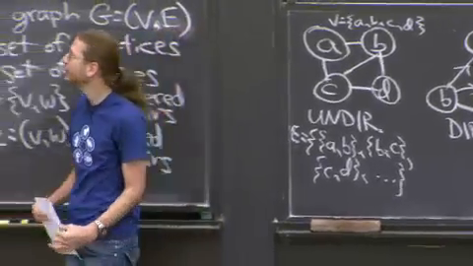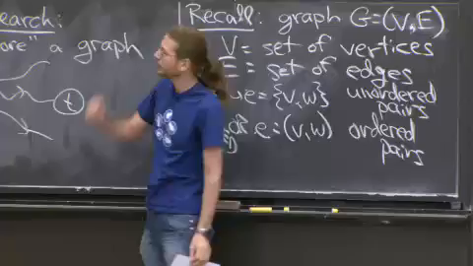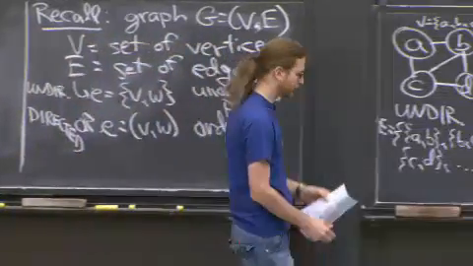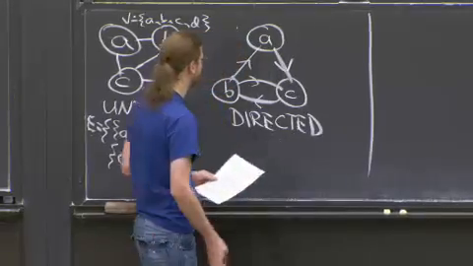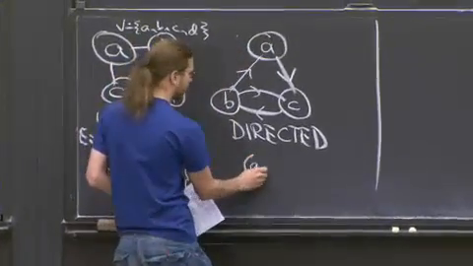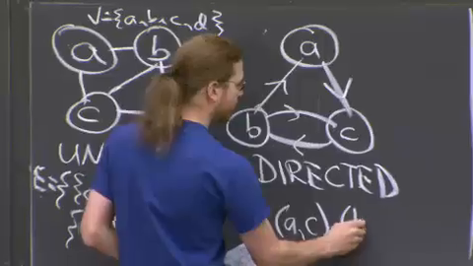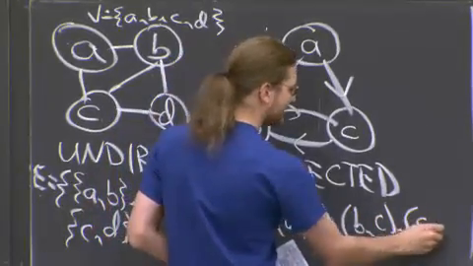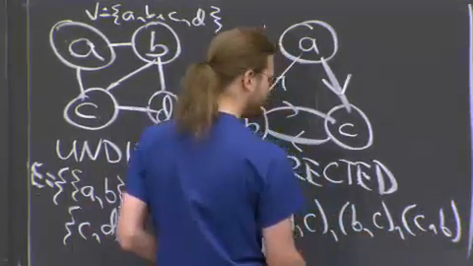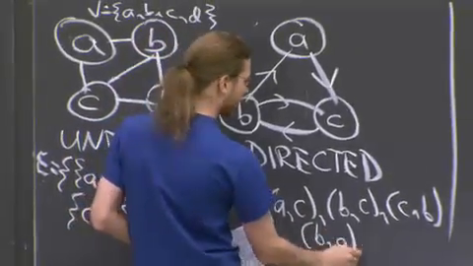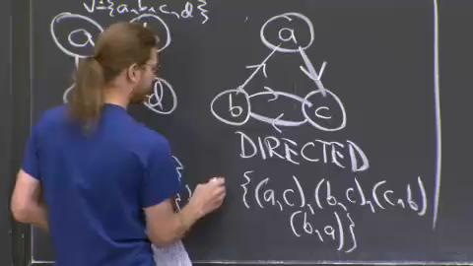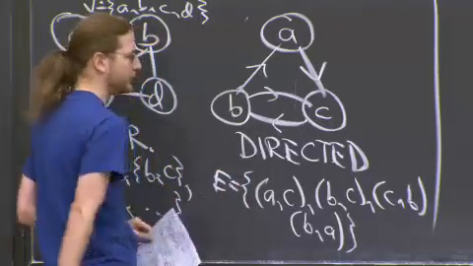We're going to use some better representations, something called adjacency lists. Okay, over here you've got things like AC, BC, and CB, so you can have edges in both directions. What am I missing? BA. So that's E in that case.